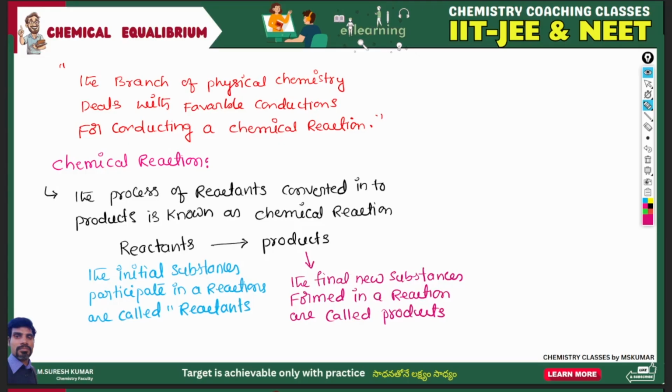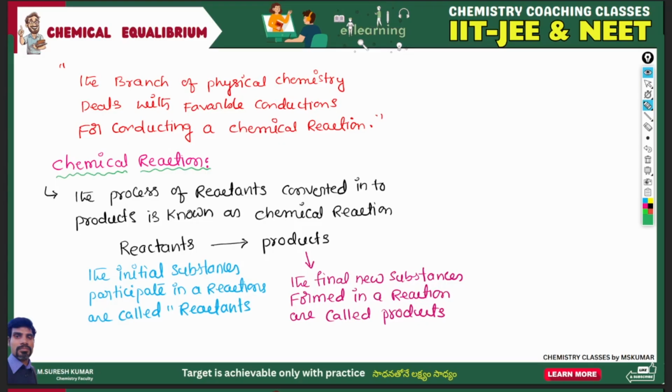That chemical equation gives information about which substances participate in the reaction, which substances are formed during the reaction, and how much time is expected for the reaction to complete. That means some reactions are completed, some are not completed and keep on going. That means based on the completion of the